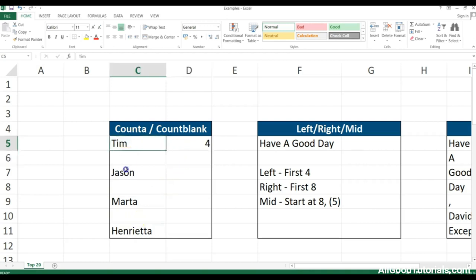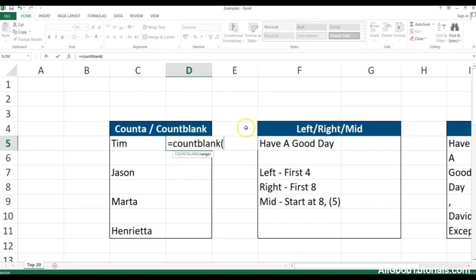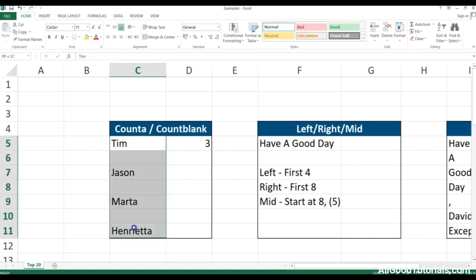In this range we have 4 cells that are not empty, and as you can see, this is true. Now let's count the blank cells in that same range to see what we are going to get, and enter again. As you can see, we have 3 empty cells in this range, which is again true. Okay, now